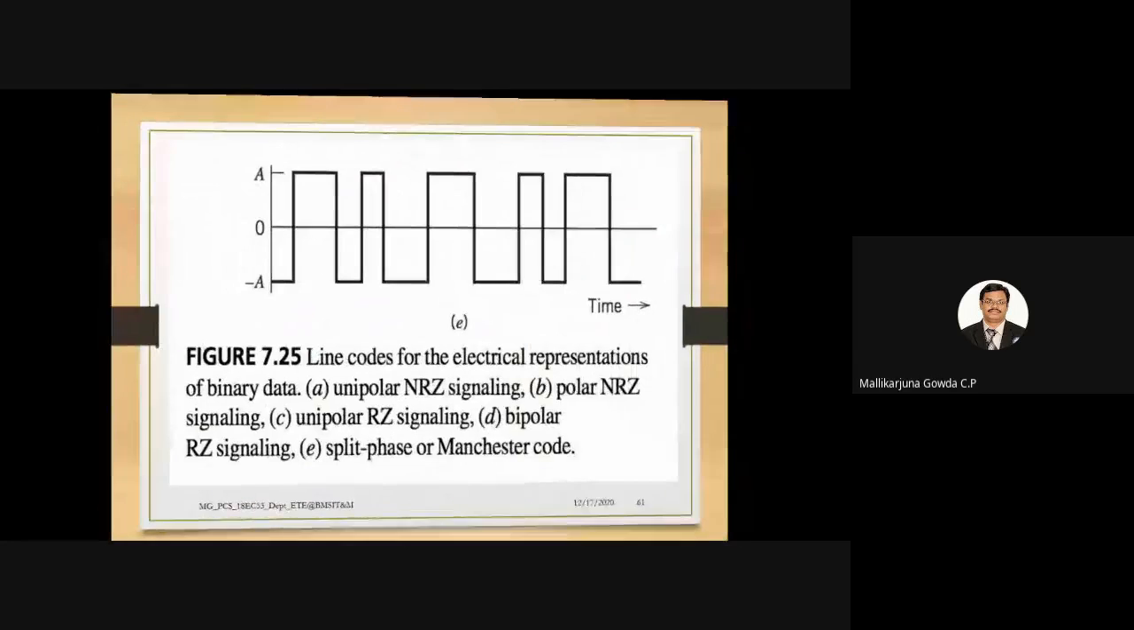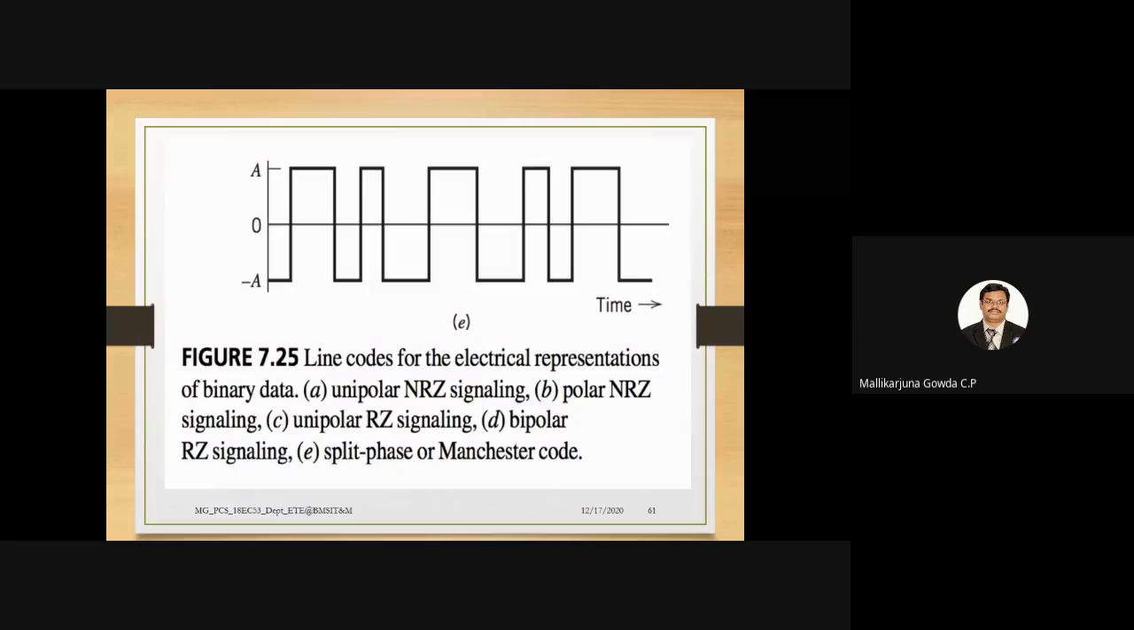Each line code has its own advantage and disadvantage. I will just say, but you should be able to understand now how to represent these different types of line coding techniques. So this is the last one, that is the Manchester code, or it is known as split phase. So here what happens is